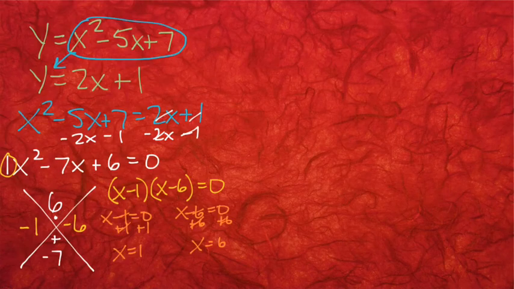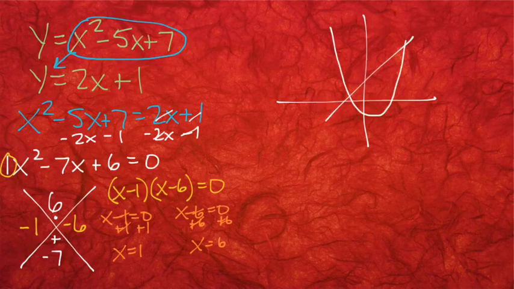And remember, when I'm solving a system, I have to find an x value and a y value. I have to find an ordered pair. If you think about it, if I were to graph these, I'll just make a rough sketch over here. I have no idea what these graphs look like, but let's say it looked like this and like this, right? Because one is a quadratic, a parabola, and one is a line. They cross each other 2 times, here and here, meaning I have 2 different ordered pairs. And notice how I got 2 different answers for x, 1 and 6,